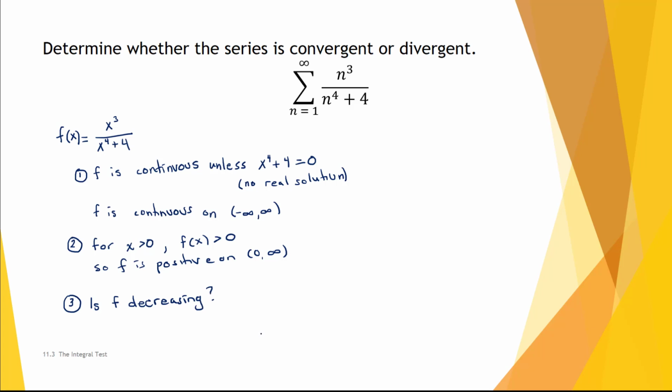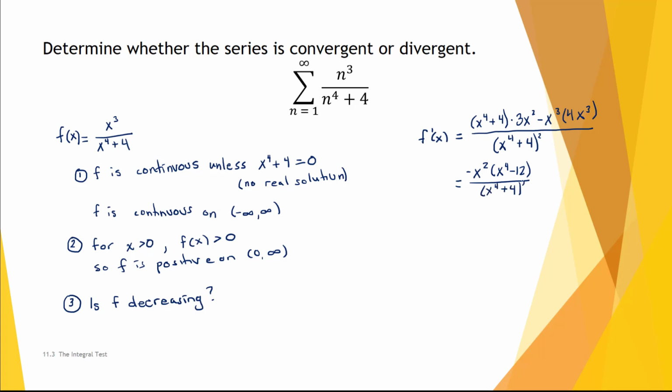In order to determine whether f is decreasing, we will use our knowledge from Calc 1 and look at the derivative. So f prime of x, using the quotient rule, is x to the fourth plus 4 times 3x squared minus x to the third times 4x to the third, divided by x to the fourth plus 4 squared. A little bit of algebra will tell us that this is equal to negative x squared times x to the fourth minus 12